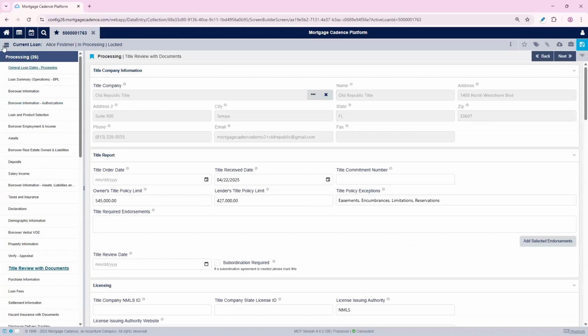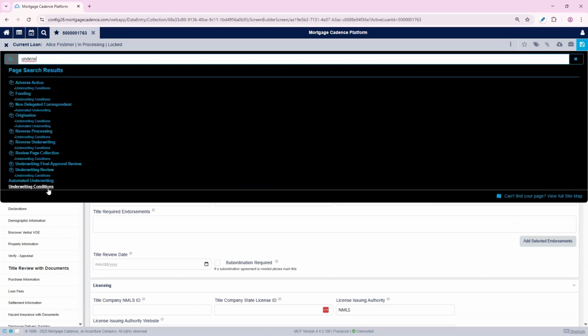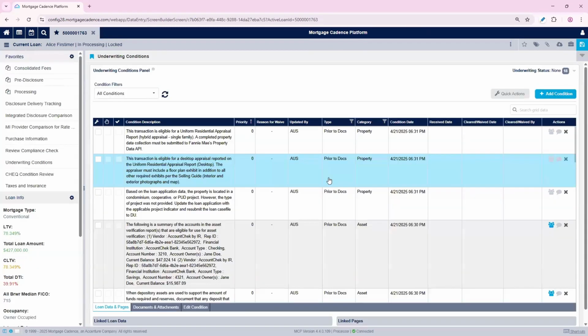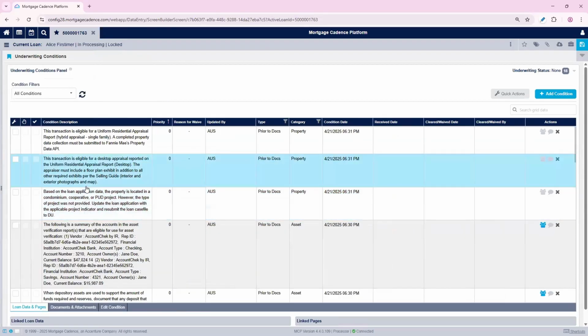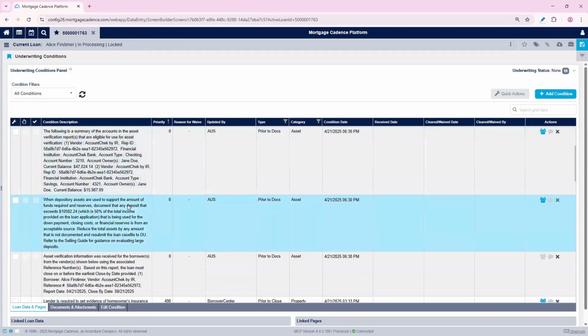Next up, I'm going to go to the underwriting conditions module. Just going to double check that the documents I've looked over as a processor are included on the conditions for the loan, and that things are in order for my underwriter to quickly and efficiently review and hopefully approve this loan file. Scrolling through the conditions here,